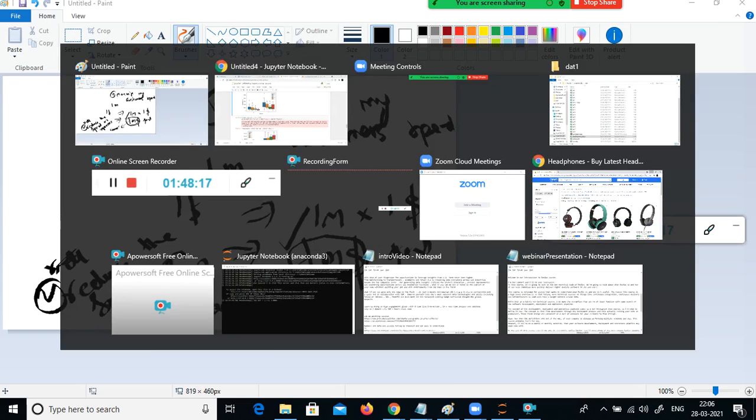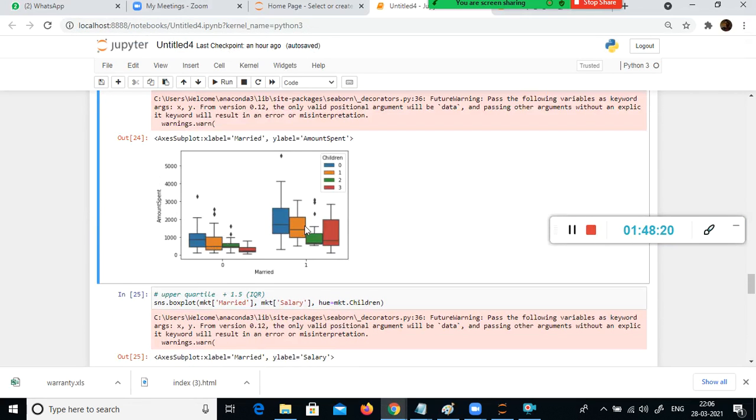So with this, we are able to understand that married people with fewer kids are spending more. Is that correct? These people are married, right? Yes. Within the married group itself, there are no kids, 1 kid, 2 kids, 3 kids. But as the number of kids goes up, their spend is less. Hence, we will target married people who do not have kids with more catalogs. When we send more catalogs to married people with no kids, they can spend more.